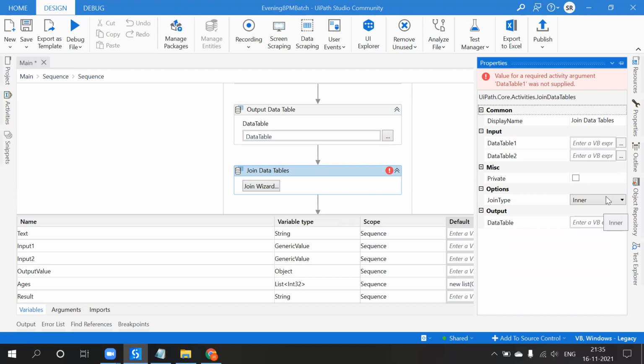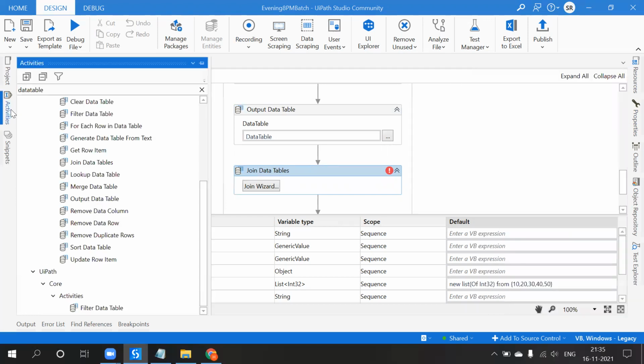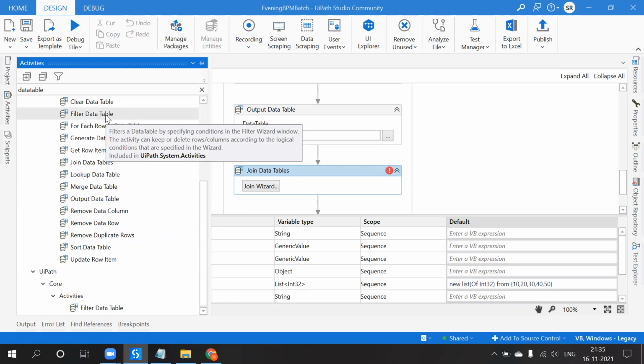Whatever we talked about now, generate data table from text, remove duplicate rows, sorting the data table, then output data table, are all very important in interviews. Filter data table: you have to practice more.